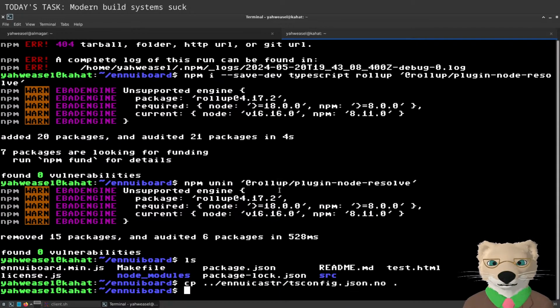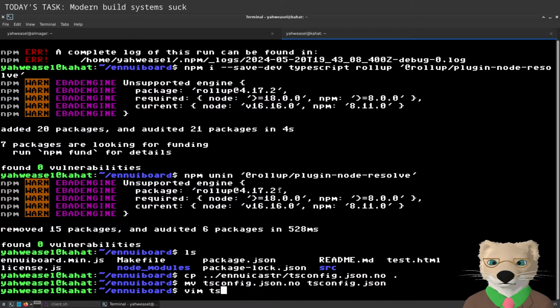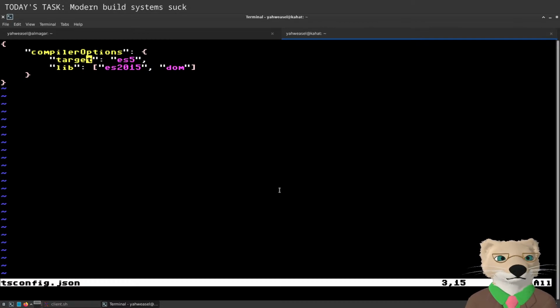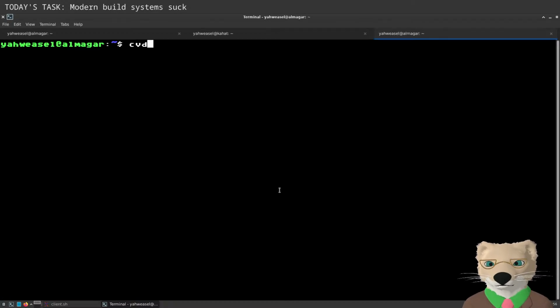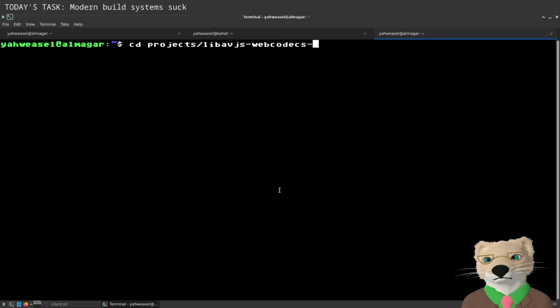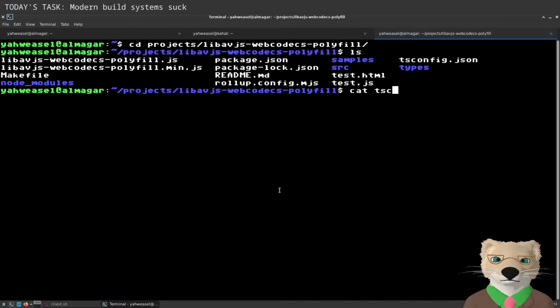I need a TS config, preferably not one named .no. This actually needs to be, what, ES2017, 2016? No, this needs to be ES6. And, you know what, I just am using the wrong source here. This should be good.